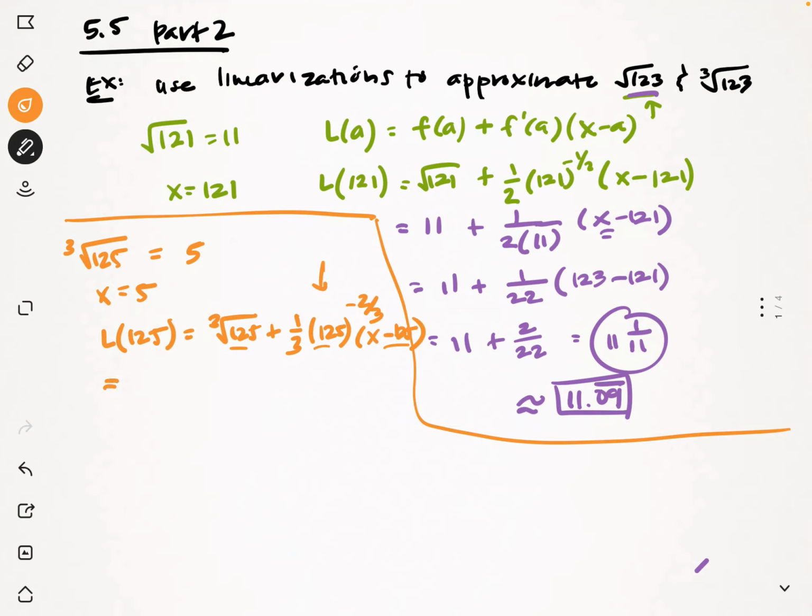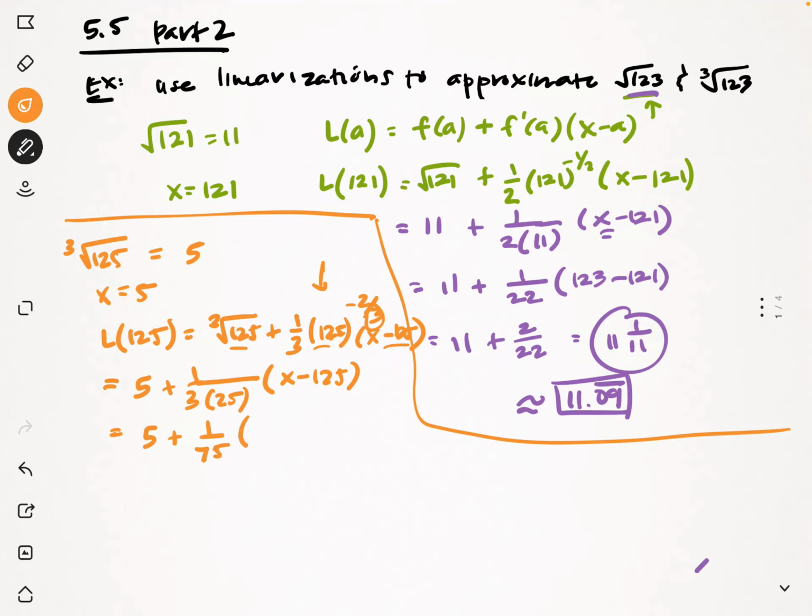So the cube root of 125 is 5, plus 1/3. Now, when we do this part, we're going to do the cube root of 125. That's the bottom, right? So that's 5. And then to the negative 2, so we're going to do 25 in the bottom here, because 5 squared is 25. And then we have our x minus 125. Okay, let's clean this up a little bit. So we have 5 plus 1 over 3 times 25, which is 75, times